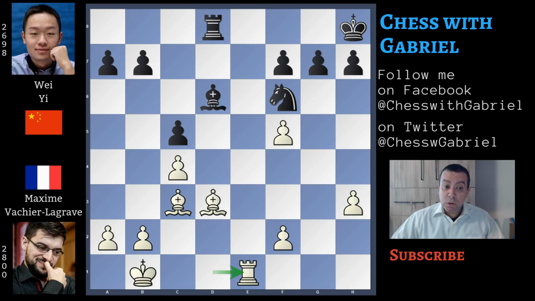Wei Yi goes on with this idea of changing the pieces, but rook to e8 is a terrible mistake, an endgame mistake. Rook to e8 changing the rooks is not a bad thing in itself, but when all the heavy pieces and the queen disappear from the board, the kings become stronger and stronger, and there